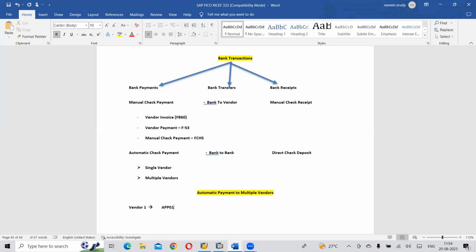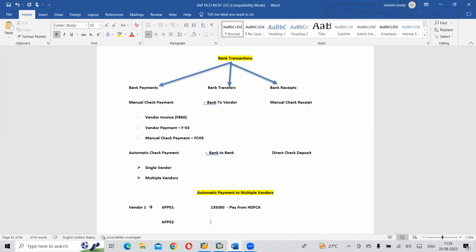One is for 1,35,000. And here we need to pay from HDFCA. Okay, vendor one, we have 2 invoices, right? So we need to pay this particular vendor for this particular amount from HDFCA Bank. Next one, we have another vendor, another invoice as APP02